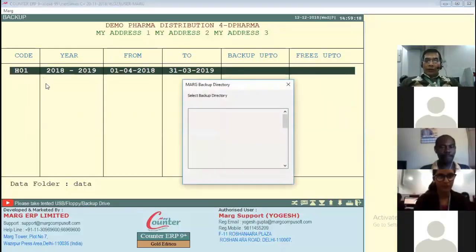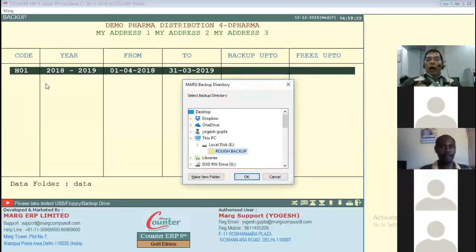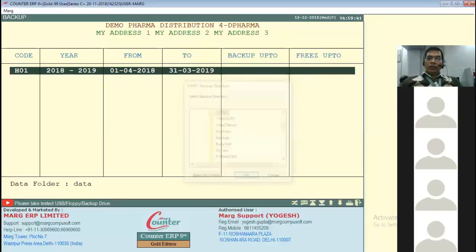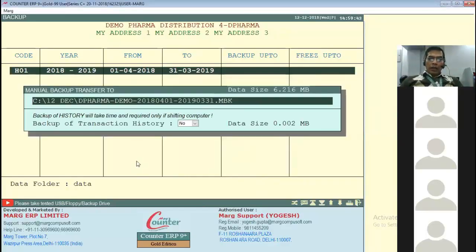I go to hard drive. Now I'll be creating this backup in C drive. I create a new folder, maybe 12 DEC. I go here, 12 DEC, okay. Now this backup is stored with a .mbk extension.